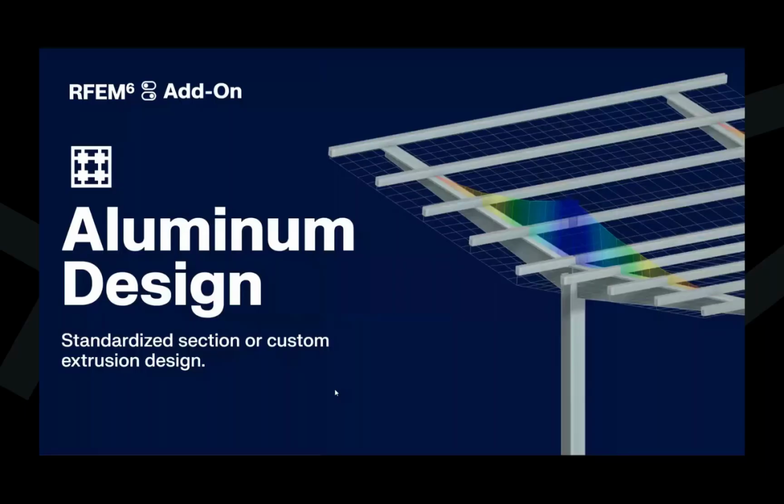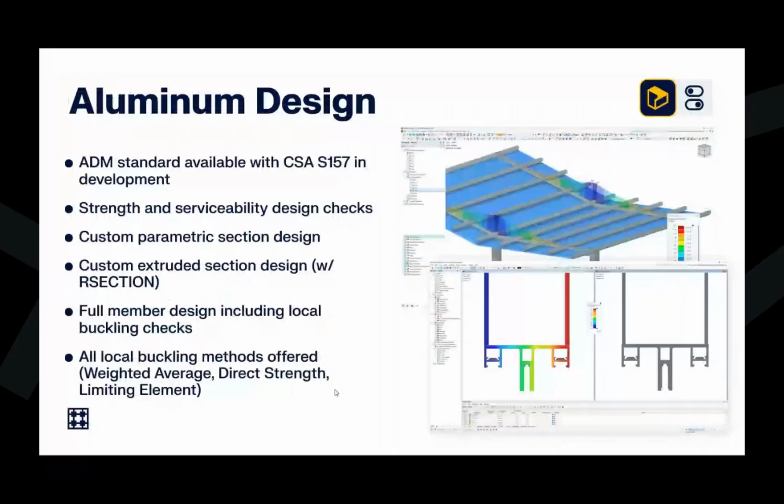Aluminum design is also possible in the program. So we can carry out the member design, not only of those standard sections, but custom extrusions is a very big topic when it comes to aluminum. So we currently have the ADM standard available and have for quite some time. We're also in works as we speak with the CSA S157. So we want to release that within the coming months as well for full member design according to the Canadian standard. This does include the strength and serviceability design checks for all of our standard shapes that we find within